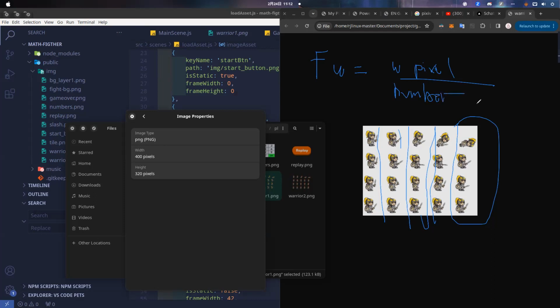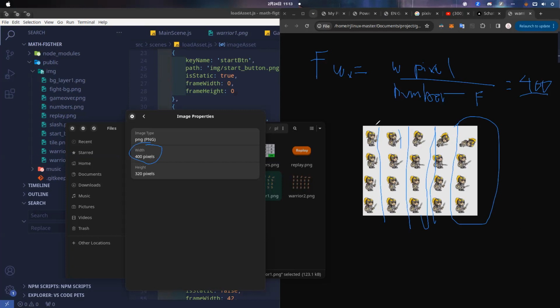In this image we have 400 pixels, so 400 divided by the number of frames across the width, because width is our x-axis, which means left to right.